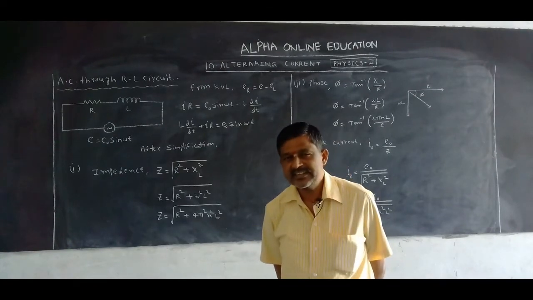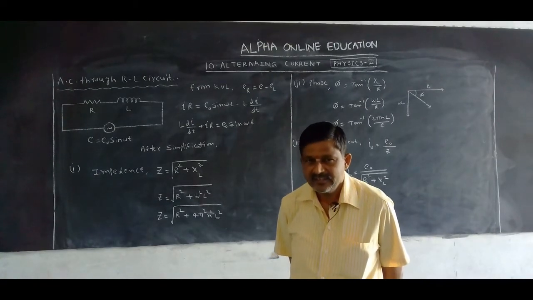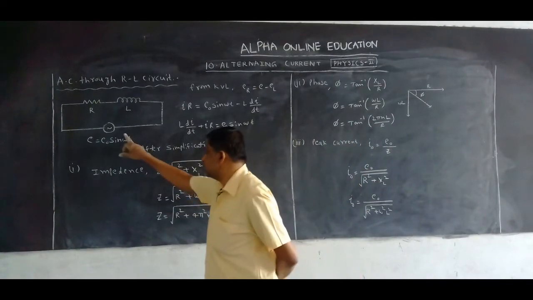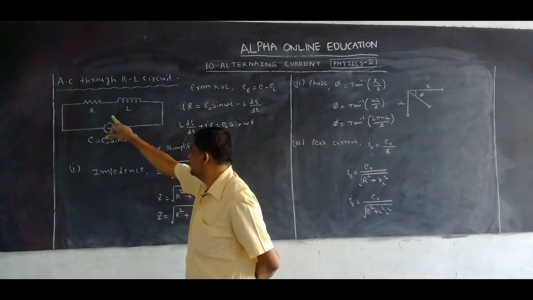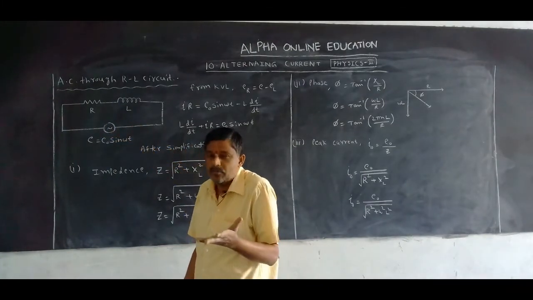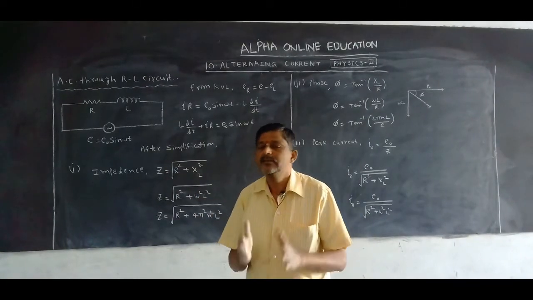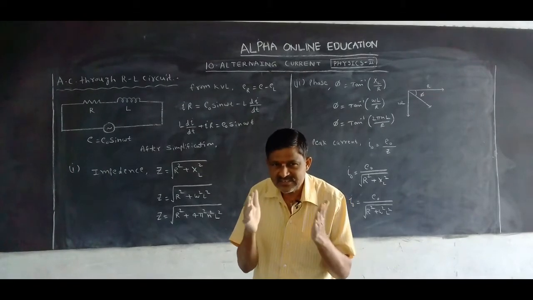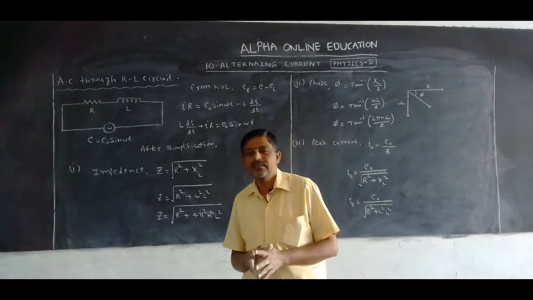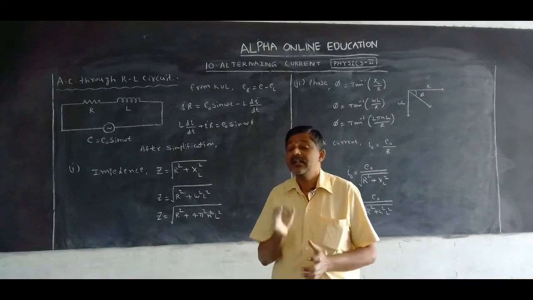Now the generator is connected to a resistor and an inductor, which are connected in series. How much current is passing through this resistor-inductor circuit, shortened to RL circuit? How much current is passing through the RL circuit? Next,